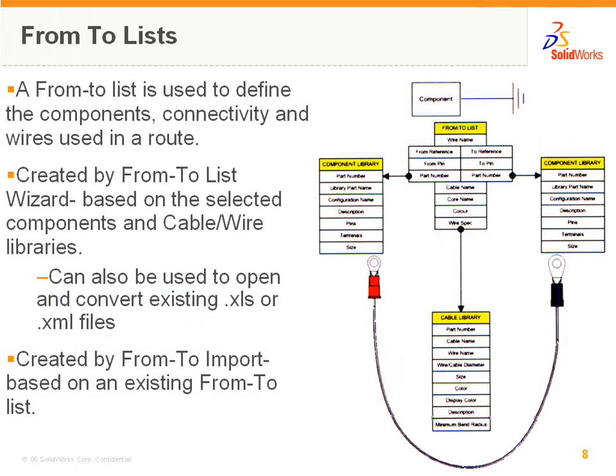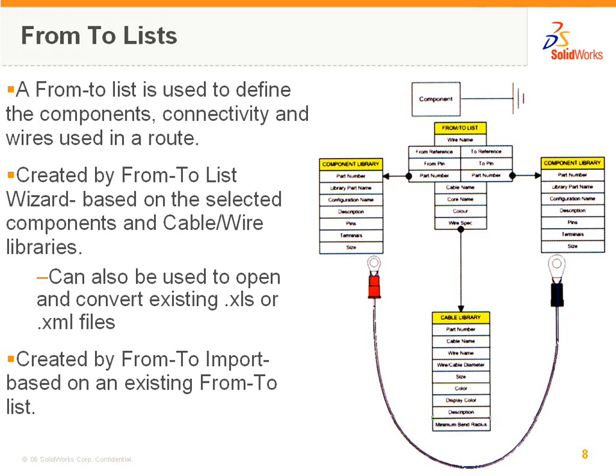From-to lists are used to automate commonly used scenarios. In other words, if we route together certain components in multiple situations, then we could save time, similar to standard cables, by educating SOLIDWORKS routing as to how we want this route to run between these connectors. The advantage of this is we can open an existing from-to list and modify it for use again in similar